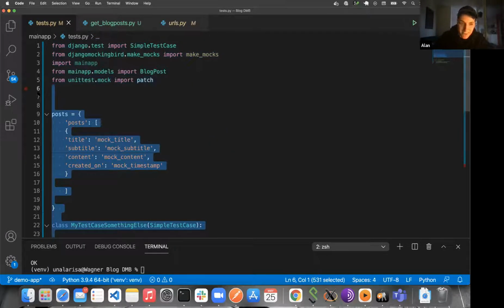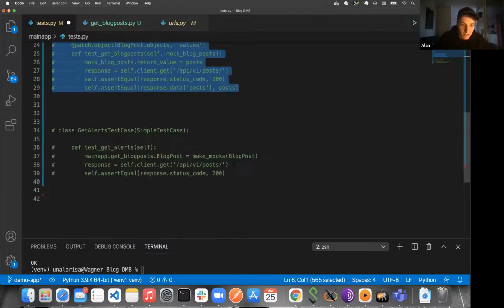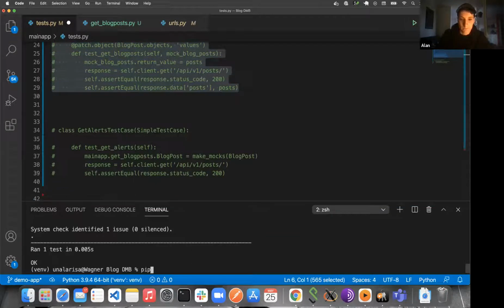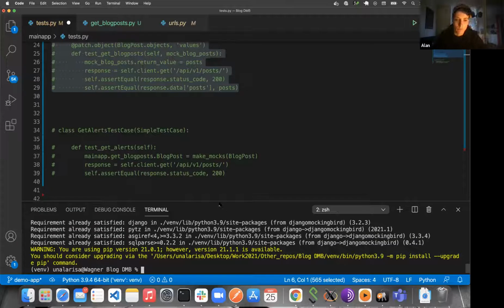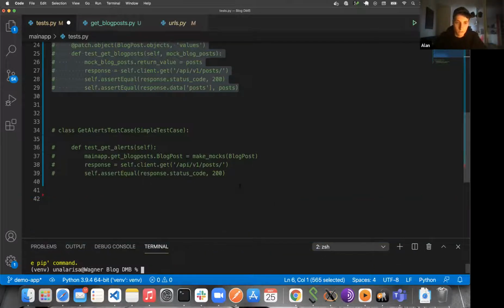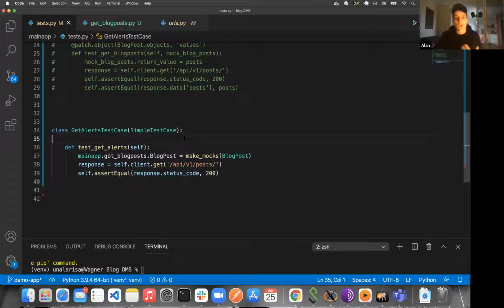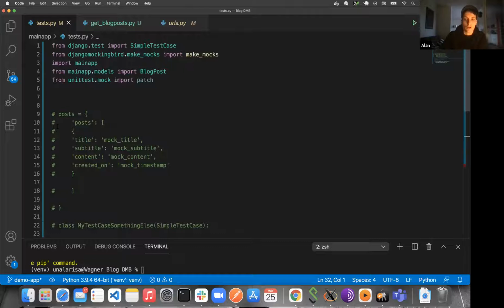So let's pip install. Yeah. So this is the second test, which does the same thing using Django-mockingbird. So yeah, we import it like this, and